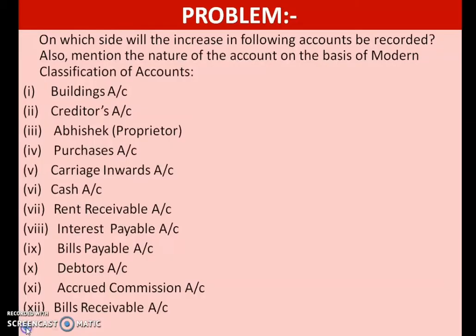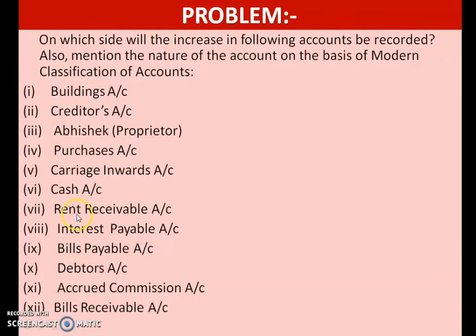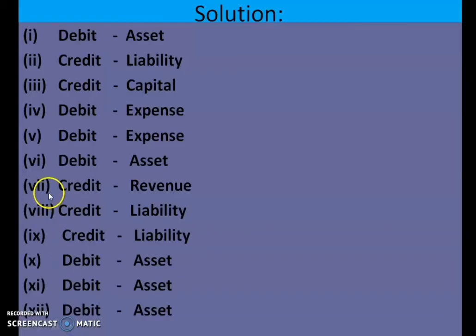Now the seventh item is rent receivable. I told you that whatever is receivable, that is rent receivable, discount receivable, interest receivable, if you are receiving something, it is your revenue. So income we can say, or revenue you can say. So revenue increases, what are you supposed to do? Credit it. So here the seventh item is a revenue receipt. First of all, the nature of the item is that it is a revenue item, and you are supposed to credit it.